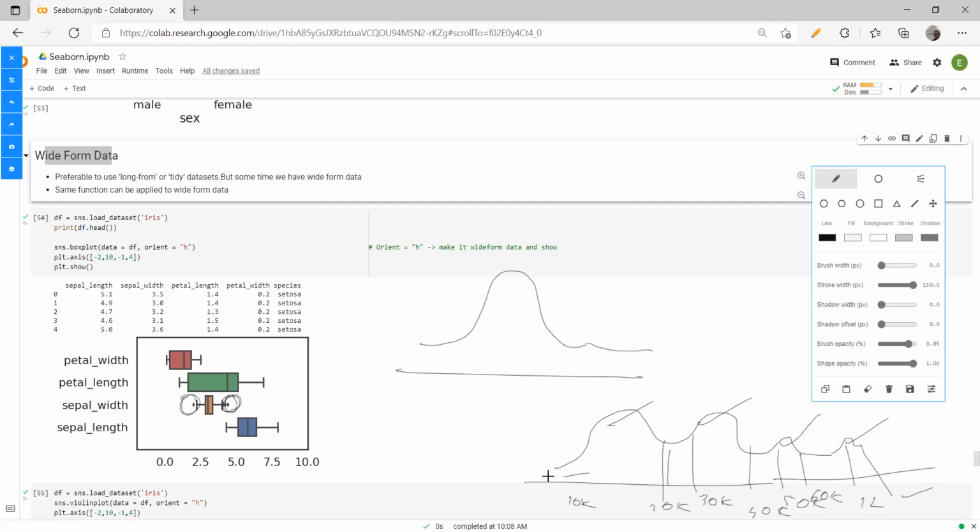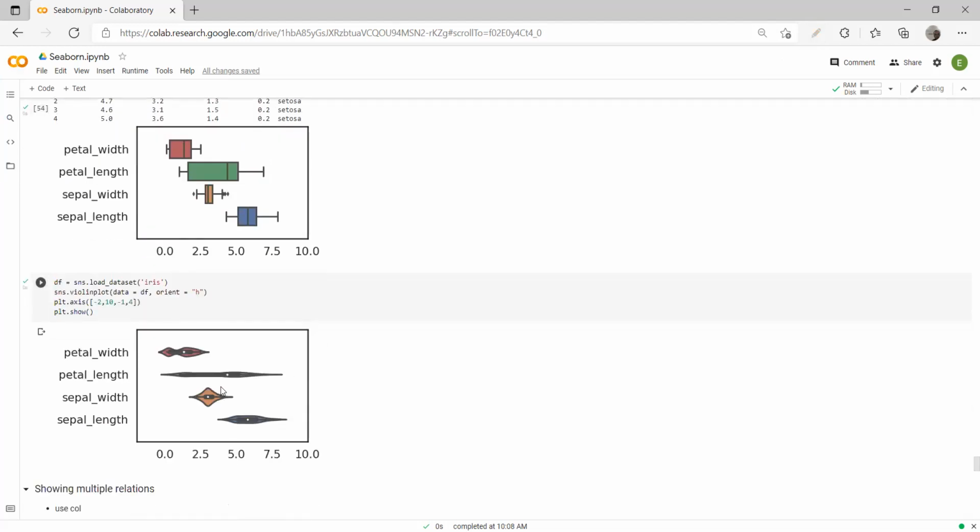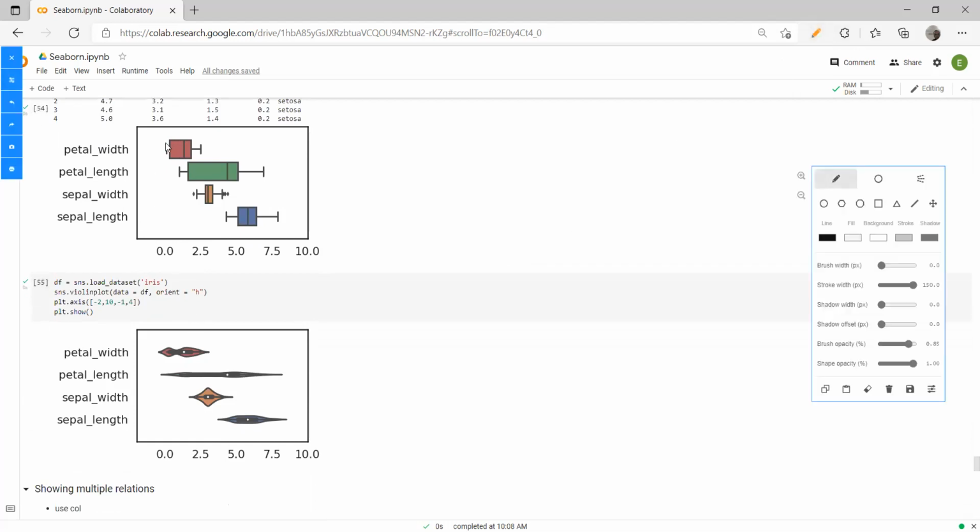For such kind of data where you have an outlier, and in the practical world almost all kinds of data will have outliers, you prefer a box plot. And the violin plot is very similar to a box plot, just that it also shows a kernel density estimator. So it also gives you the distribution. You can see that over here, the data that is present,